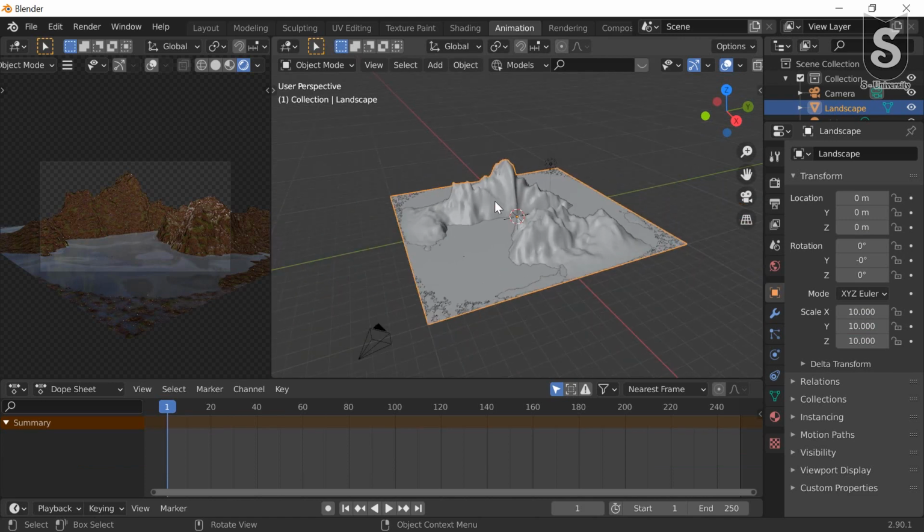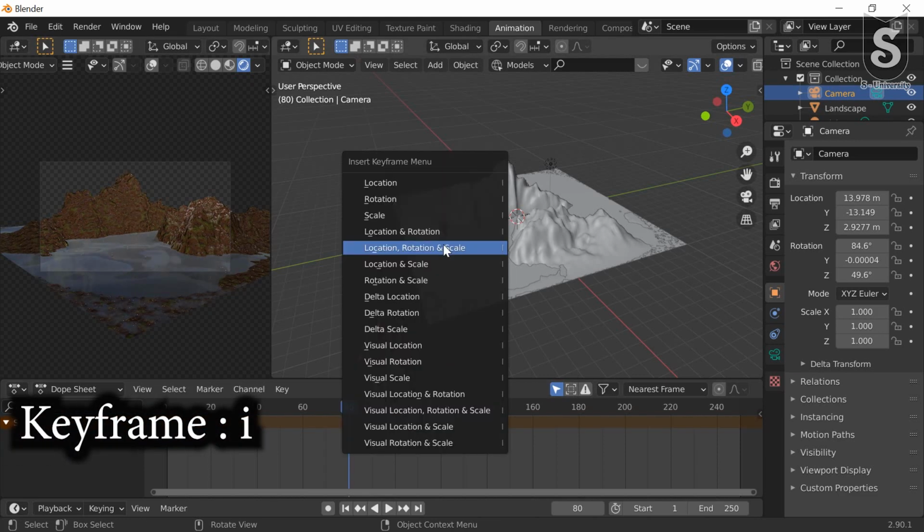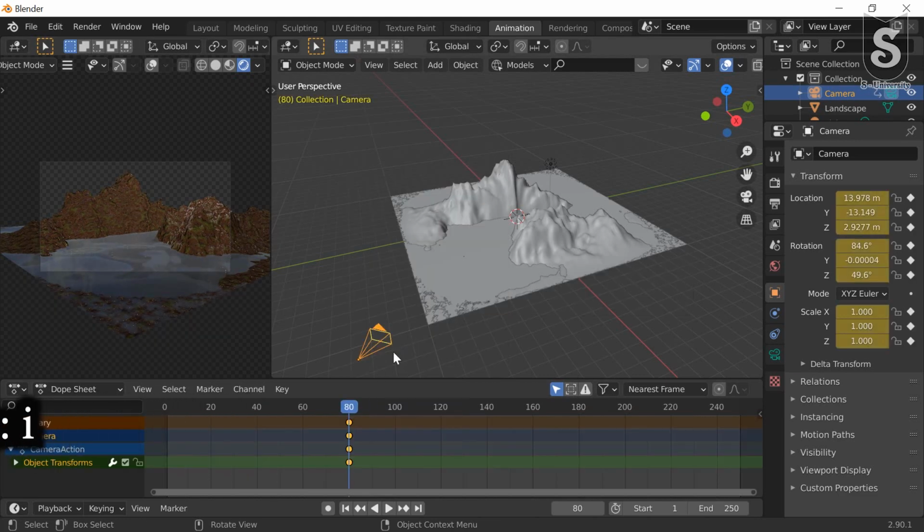Now we need to select our camera first. Now go to 80. Press I to insert keyframe, location, rotation, scale. Go to 0.